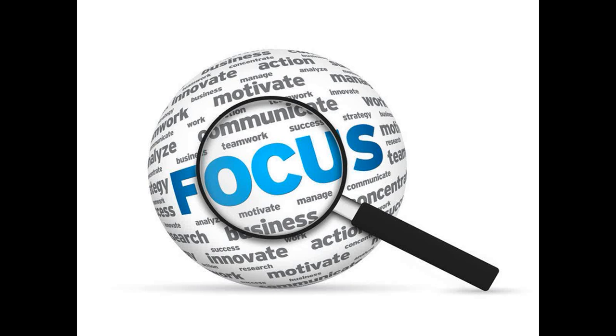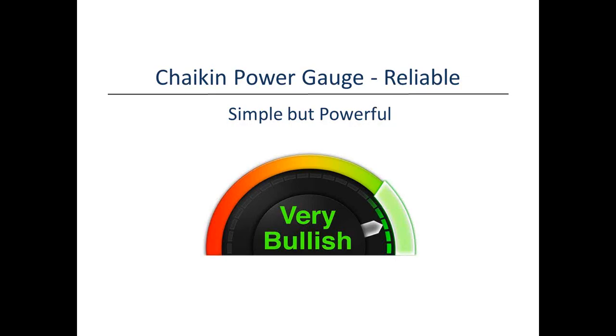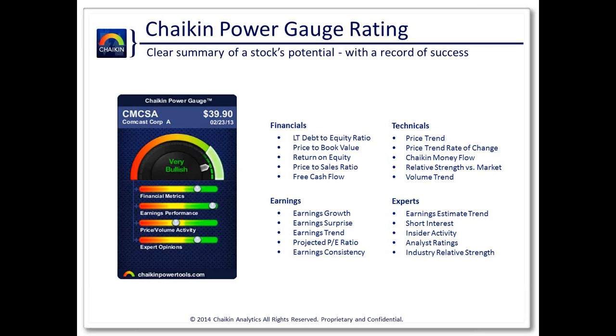It's a very simple display, but it's incredibly powerful. I like to say that the Chaikin power gauge is like a Chevrolet with a Ferrari engine under the hood. And the reason is that the Chaikin power gauge rating distills 20 factors, which are grouped into 4 components, down to a rating that has a highly predictive value. It worked in our back testing, and it's worked in real time for 3.5 years, helping find the winners and helping you drop the losers, or if you trade the downside with puts or by going short, finding great candidates